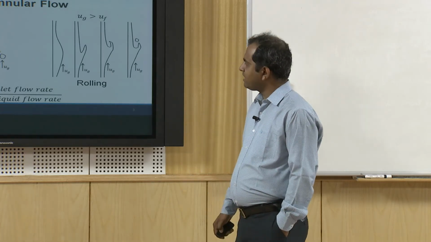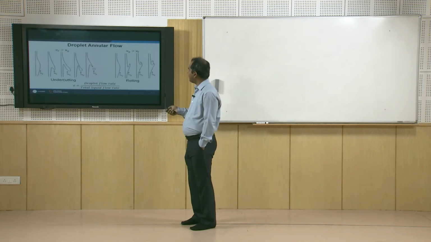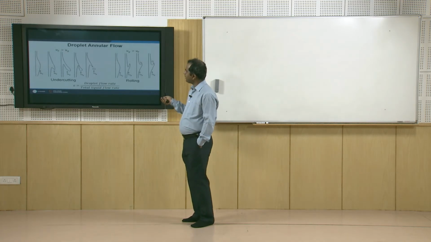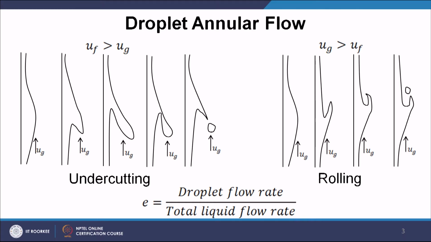Next, I will show you another mechanism by which droplets are also created. Here you see we have started from a similar configuration, we have a liquid film adhered with the wall. This vertical line is actually the tube wall. Let us consider one half of the tube wall as shown over here. Here we have the core gas flow characterized by its velocity Ug. Now, if we consider the magnitudes of the flow velocities such that Ug is greater than Uf,